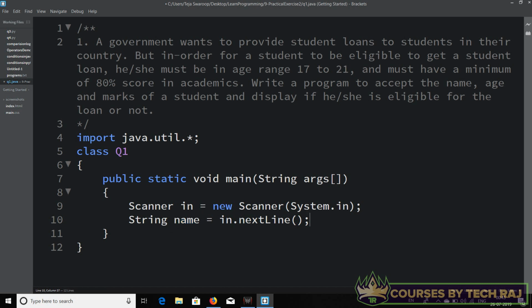The second input is going to be age, right? So what data type would the age be? We know that age is a number, and it doesn't have a fractional part. If you ask the age of someone, they will say 21, they won't say 21.5, right? So the age will not have a fractional part, which means we pretty much know what data type to use. We're going to use int for that, and I'm going to say int age equal to in dot nextInt to take an integer as the input. And the last one is marks,